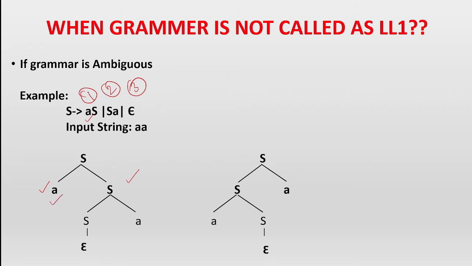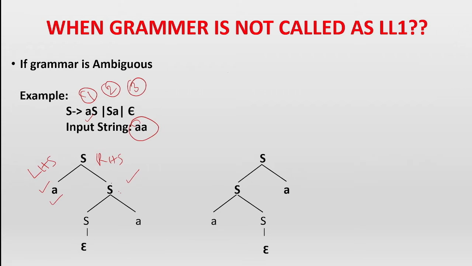It is a terminal, and I want the string aa, and I have already got the first a. So now from the left I went; on the left there is only small a, so I cannot derive it further. So I went to the right hand side. On the right hand side there is an S. Left to right scanning is always done. In LL1, scanning is always done left to right.